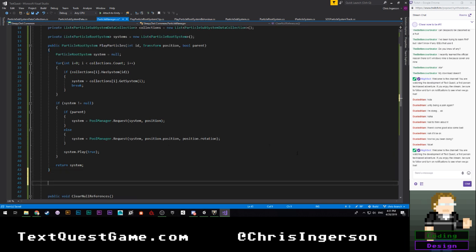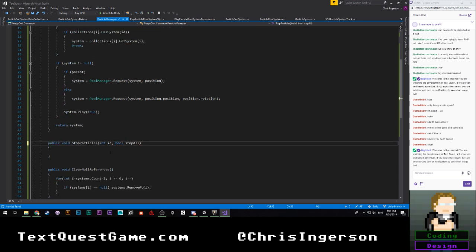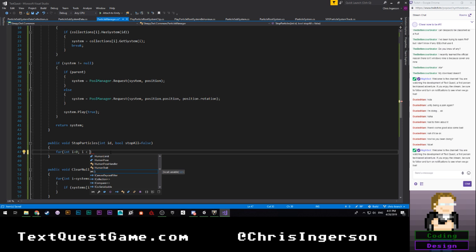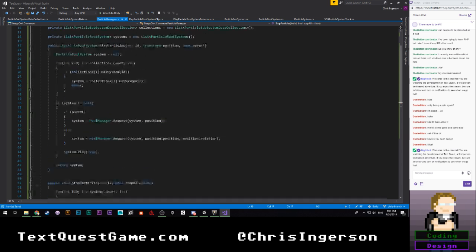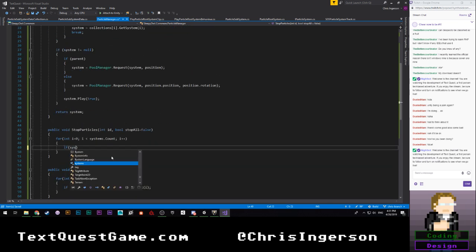So let's go ahead and say public void stop particles int id, and we'll say bool stop all is equal to false. So this is just going to say for int i equals 0, i is less than systems dot count, i plus plus. We're just going to say if systems of i dot ID, oh,